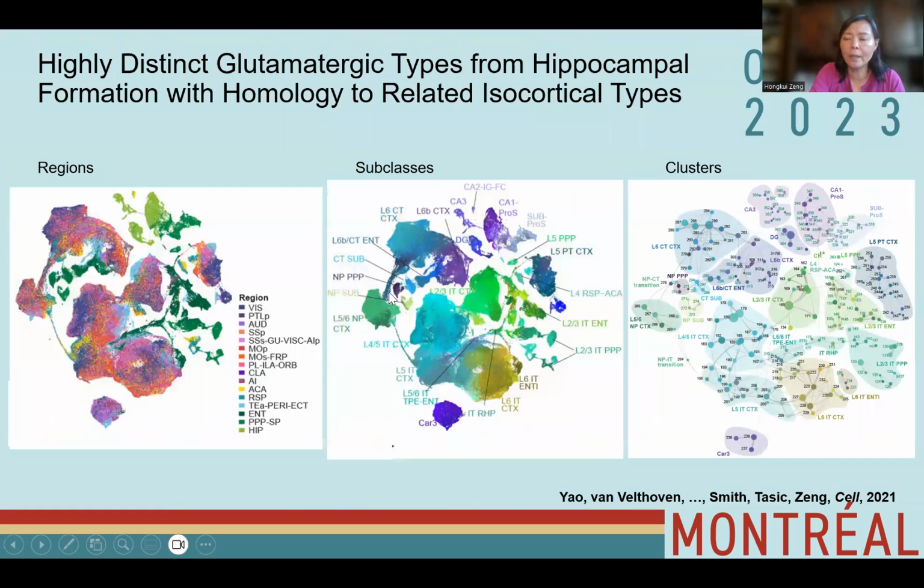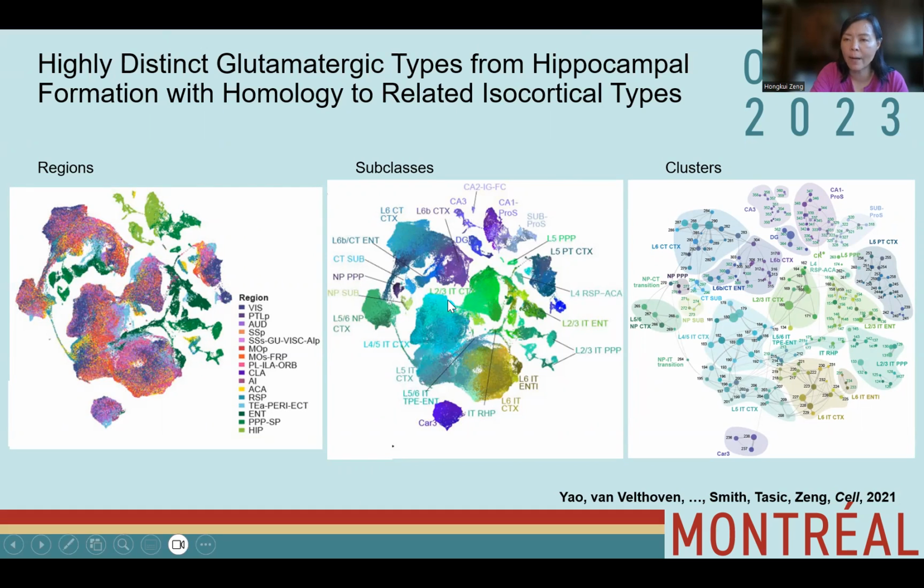A major finding from this study is the relatedness of the glutamatergic neuronal types from hippocampal formation and those from the isocortex. First of all, the glutamatergic types from those two major brain structures are highly distinct from each other, as illustrated by this UMAP representation colored by regions or subclasses. All the isocortical neurons are present in those major continents in the UMAP, representing the major subclasses identified from cortex,